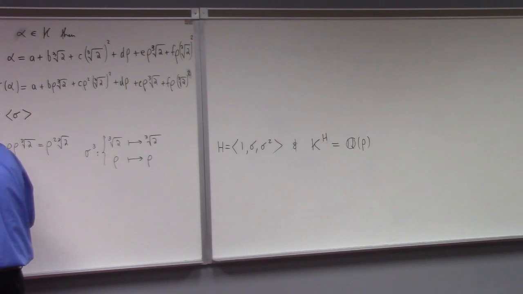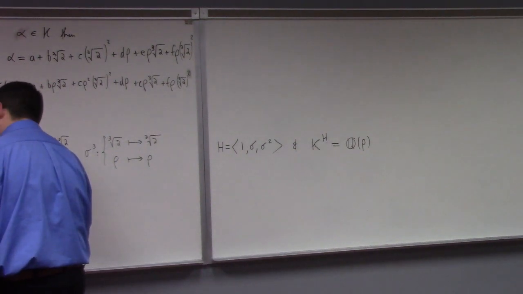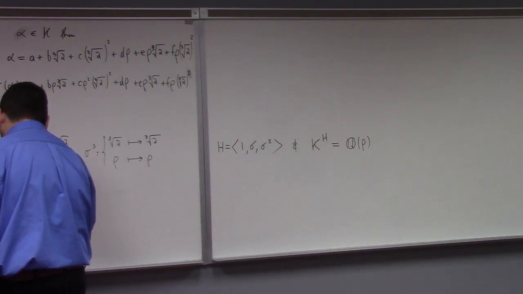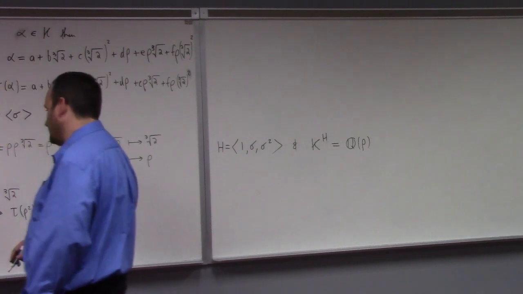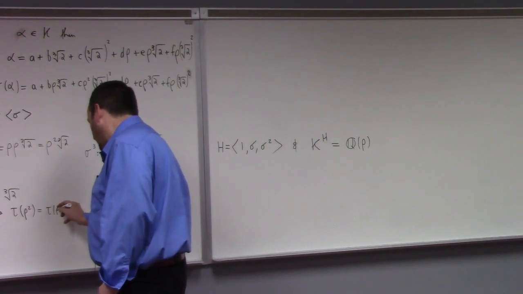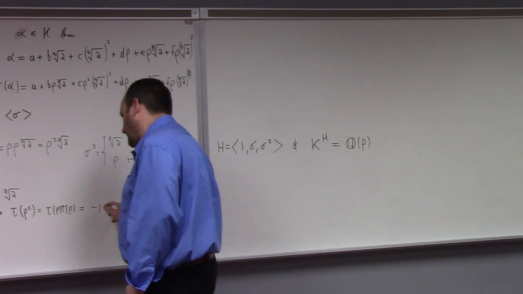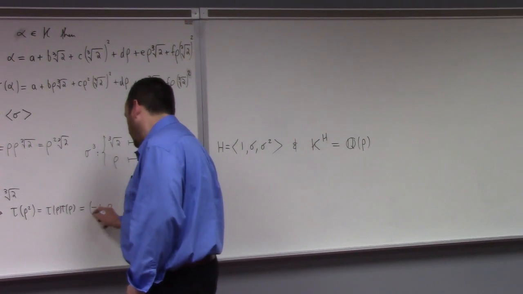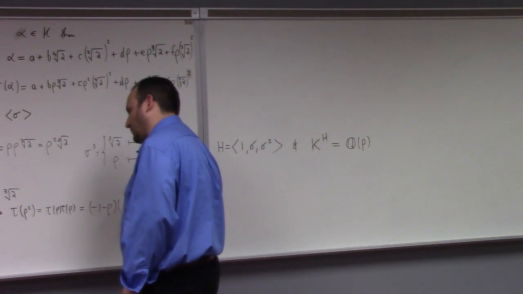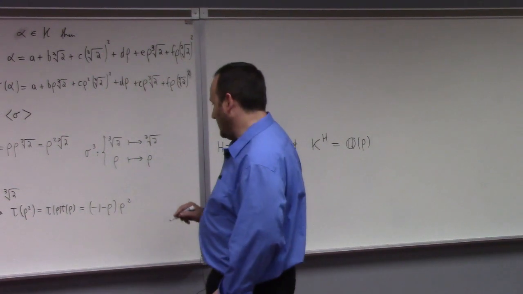Well, I'll do the easy part. Cube root of 2 maps to the cube root of 2. Rho maps to what? Tau of rho, but tau of rho is rho squared, right? And that makes this tau of rho, which is otherwise known as minus 1 minus rho, times, what was tau of rho? Oh, it was rho squared, right? Isn't rho cubed 1? It is, and so,